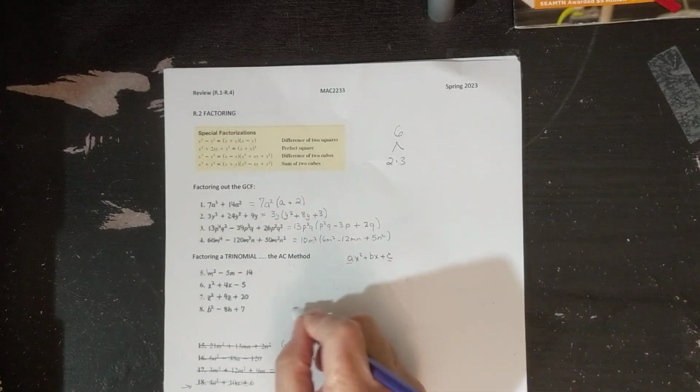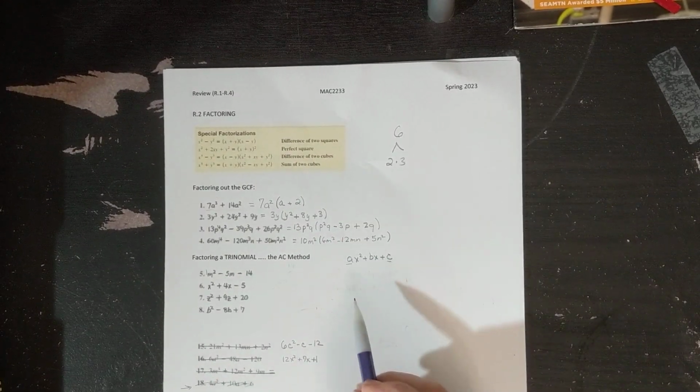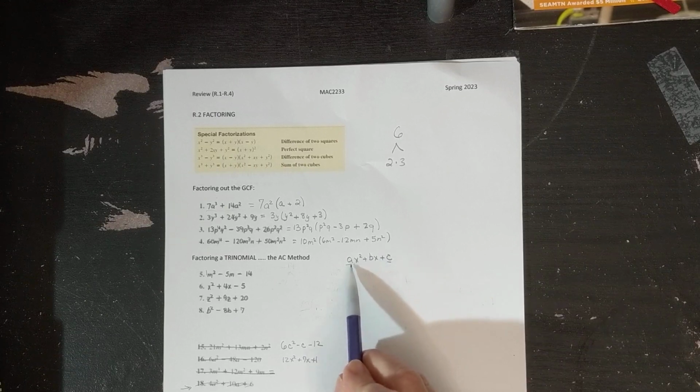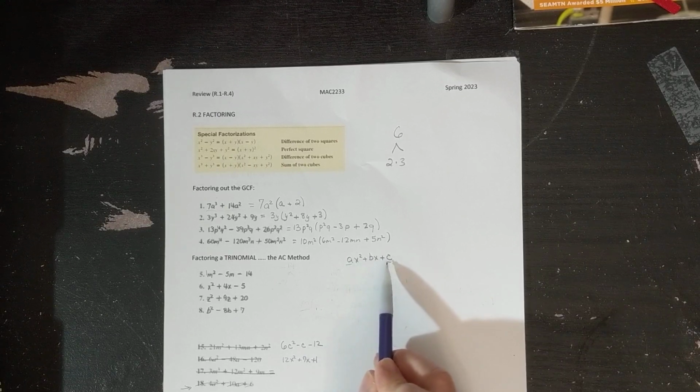Okay, now we're ready to factor trinomials, which are three-term polynomials. I'm going to introduce to you the AC method. There are other great factoring methods out there, better than this even, but this is a pretty great one if you don't already have one. What you do when you have a trinomial, based off of ax squared plus bx plus c,